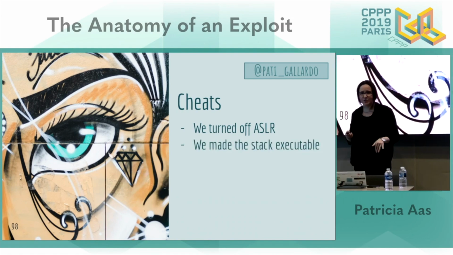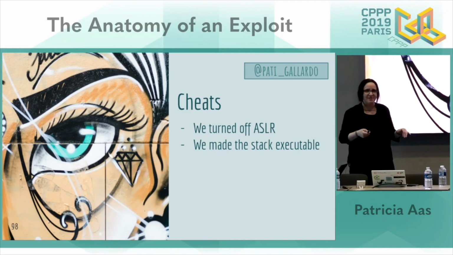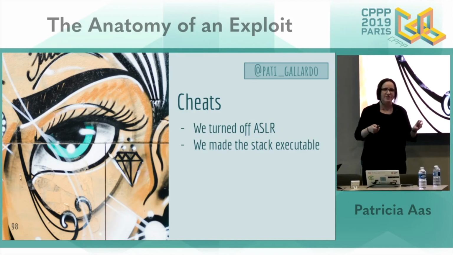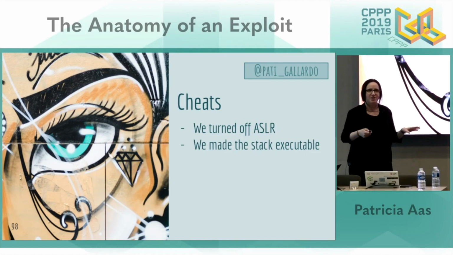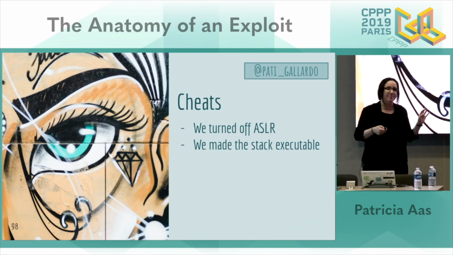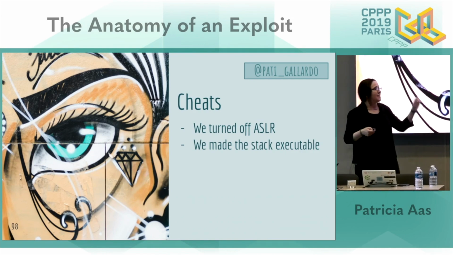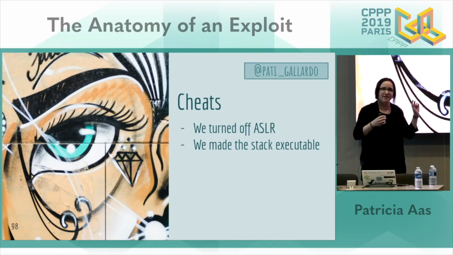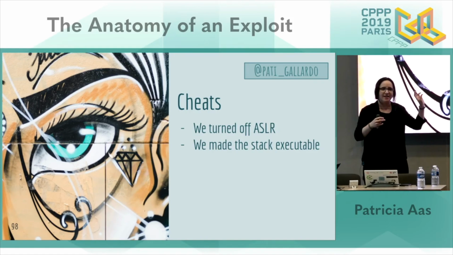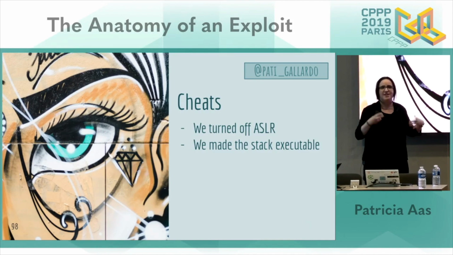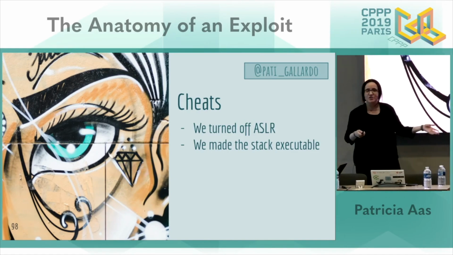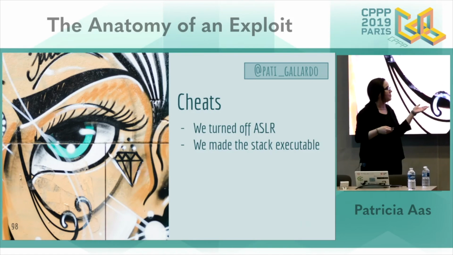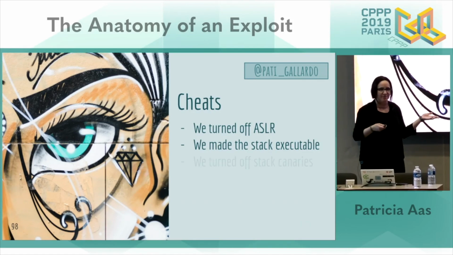We made the stack executable. That is weird. Today, in all modern operating systems, the stacks are not executable. They are non-executable pages in memory. But there are also a lot of exploits that, when they actually manage to execute a little bit in memory someplace else, make the stack executable, remap it as executable pages, and then just do a regular stack smashing. So that is also defeated by many exploit developers today.